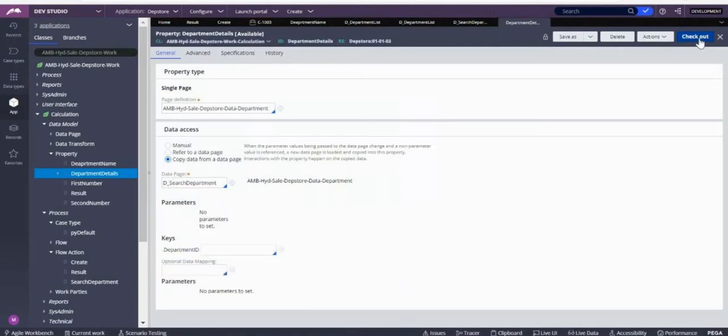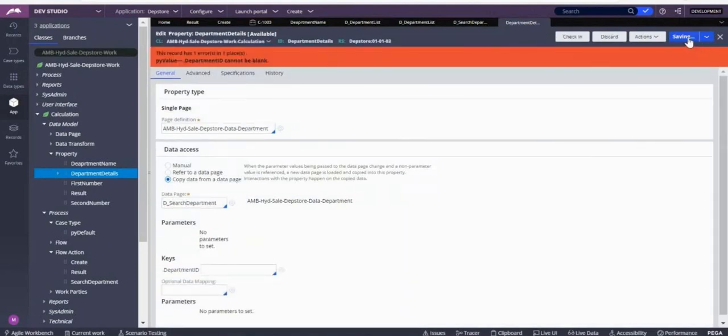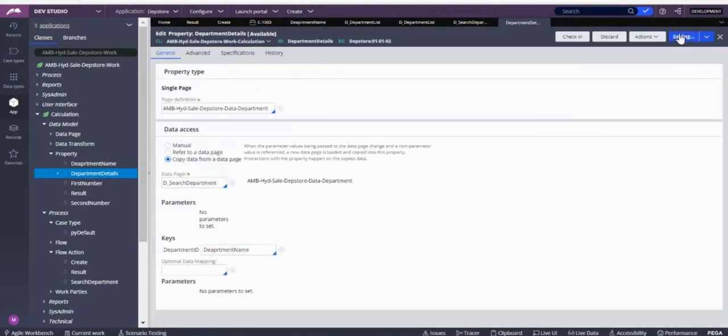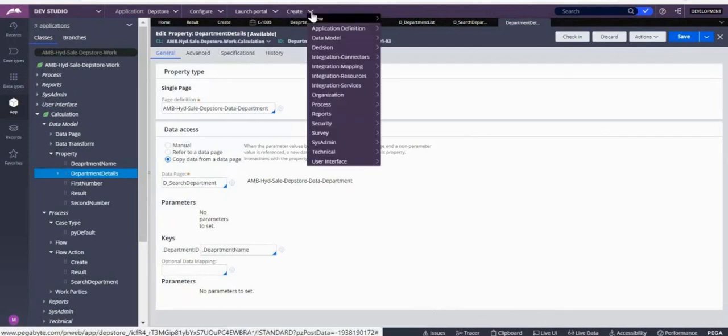Check out. Now here I'll take department. You have already seen how the clipboard looks. Now let's create a case and work upon it.